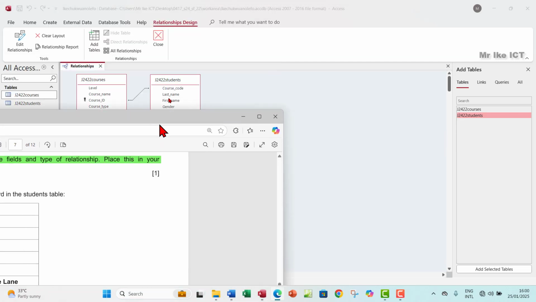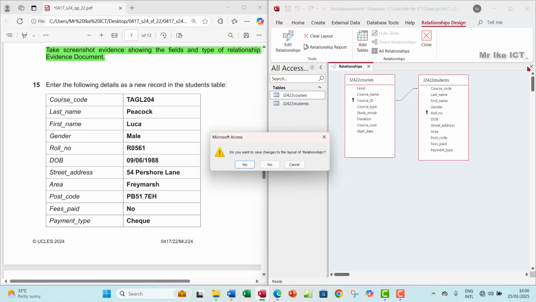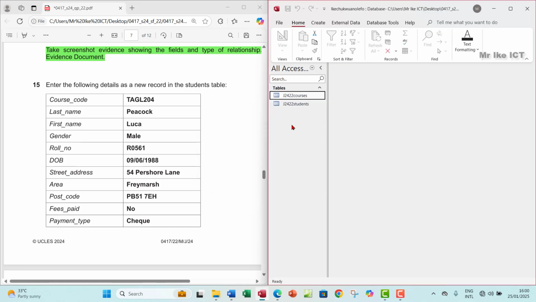I want to keep it side by side with the access. Okay, yeah, that's it here. So I want to keep it side by side. The relationship I've created, I can close this actually. I forgot to close that. So you can close, save your changes, yes. Okay,